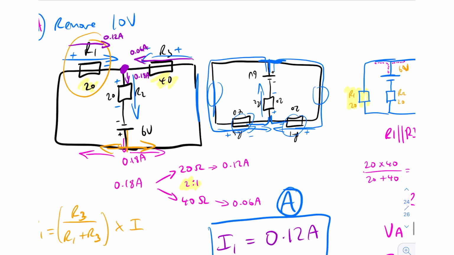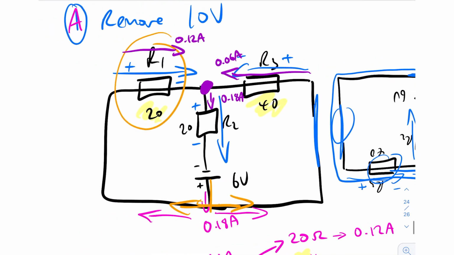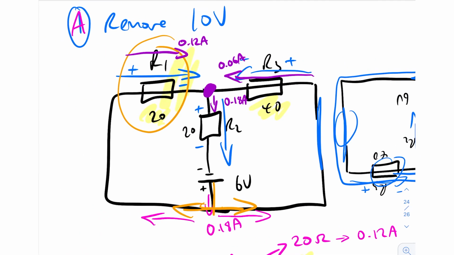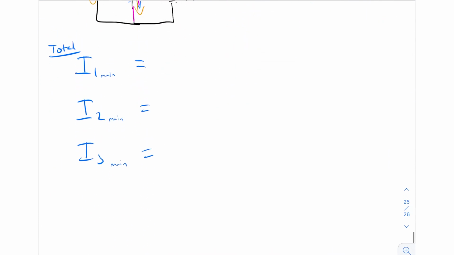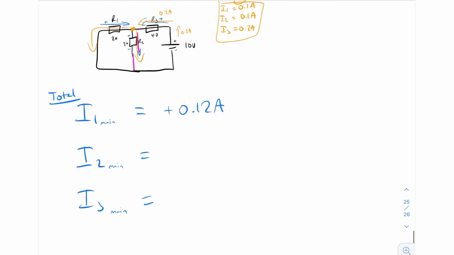So we've got I1 over here, and as you can see, we've drawn it in purple as being in the same current direction as what we put in blue, which was the original direction. So we can say that it's plus 0.12 amps. So plus IA1,